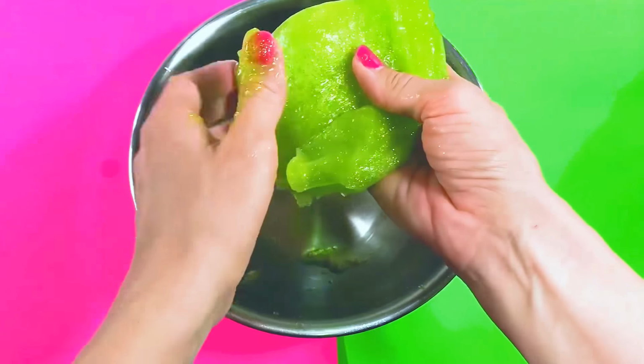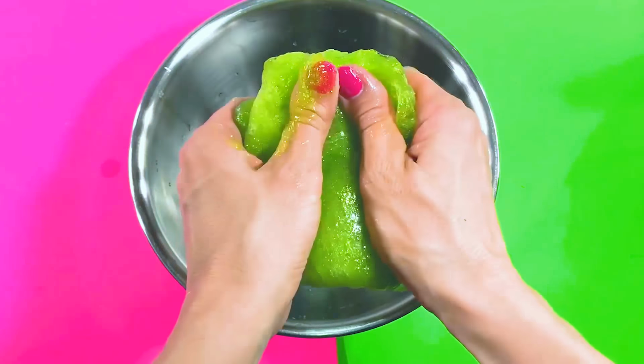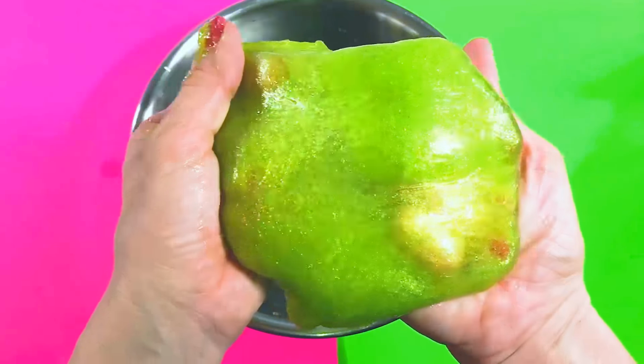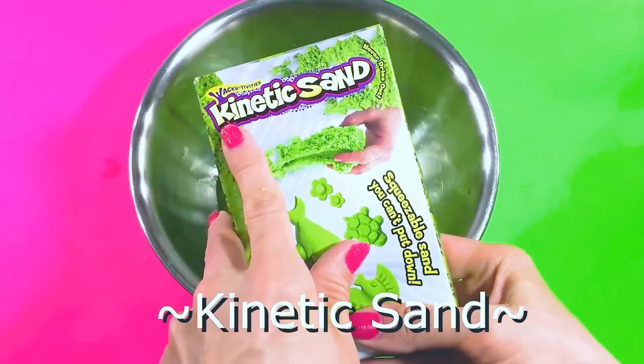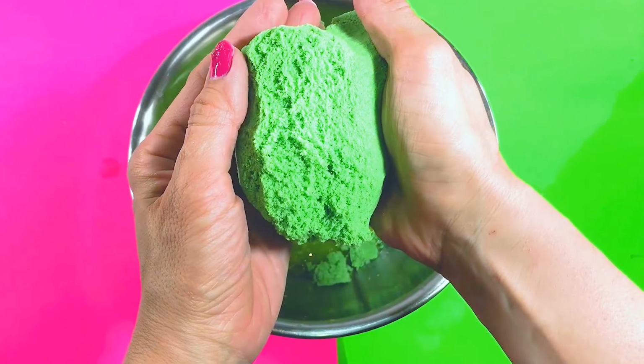I'm just going to keep stirring this up until it turns into slime, and then we're going to turn it into the best, softest slime ever. And I'm not even joking, it's my favorite by far in terms of all. Better to your slime, I got this Kinetic Sand box from Toys R Us, so I used a whole pack of this